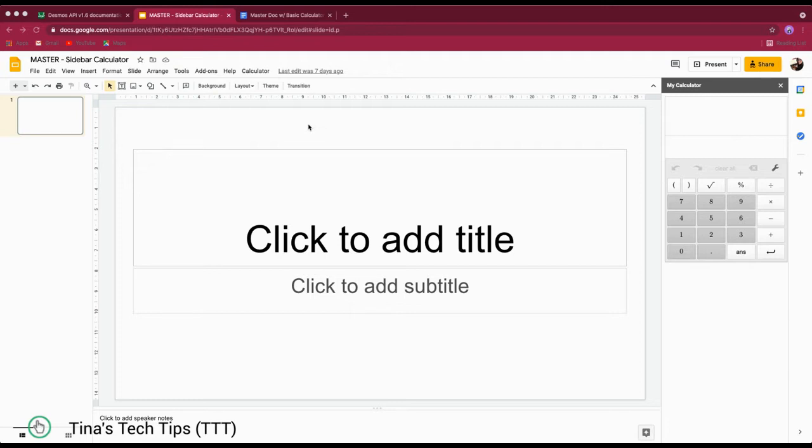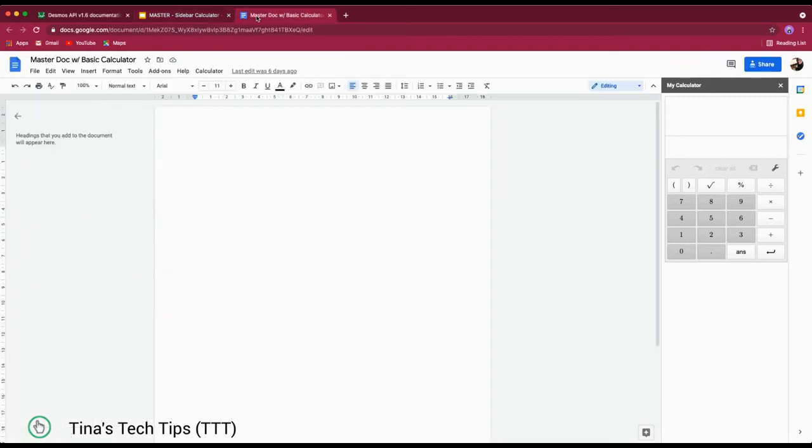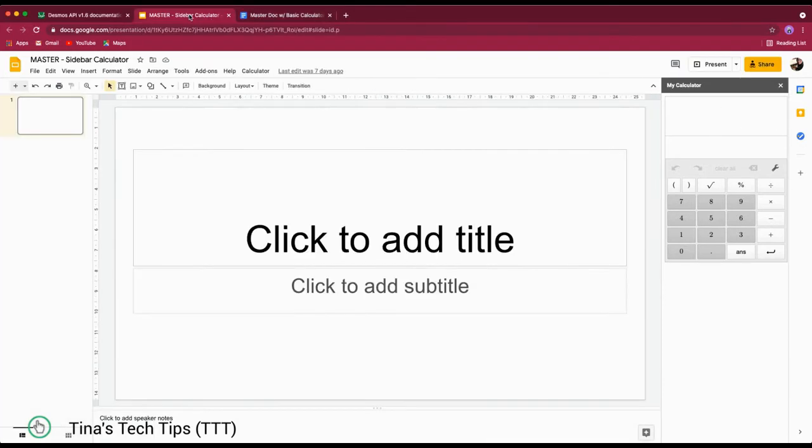I'd like to show you how you can add a Desmos basic calculator to your Google Slide or to your Google Doc. This is in the sidebar, and I'm going to show you behind the scenes how you can add these tools yourself, and you can play with them and manipulate them in any way that you'd like, to a certain degree. All right, so first things first, I'm going to do this in Google Slides, and I'm going to